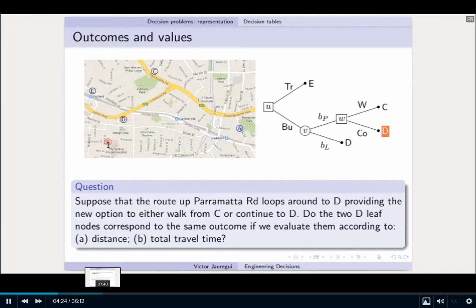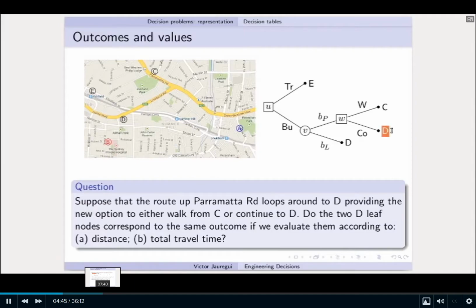So we might say that they're the same outcome, but it'd probably be better to say that they are different outcomes equivalent in their distance to the destination. And the reason I say that is because if we're only interested in distance, then certainly